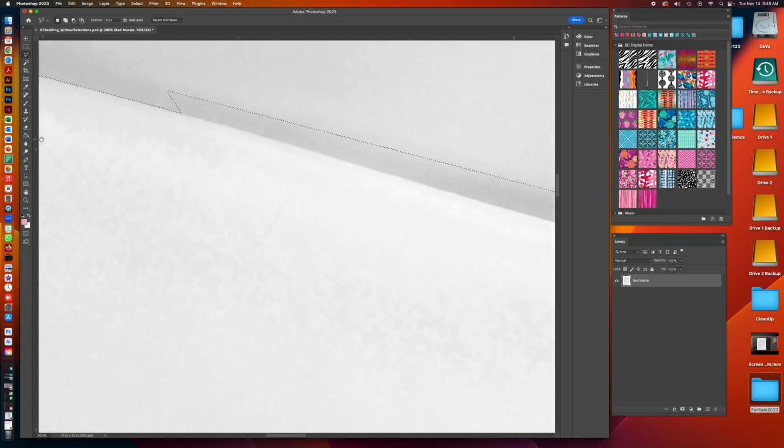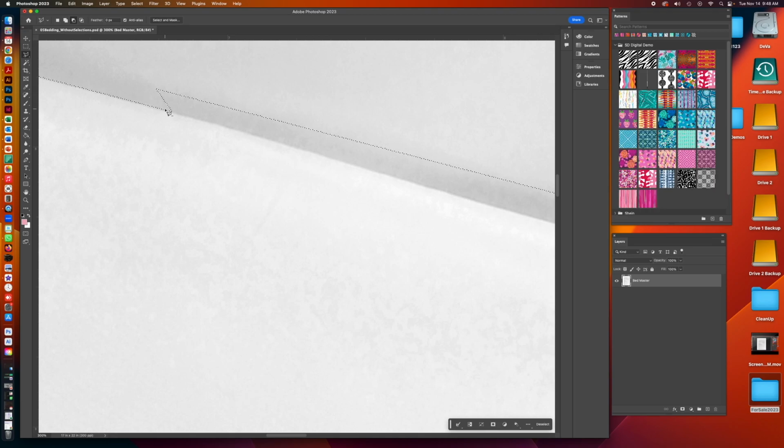that one did not go well. I'm going to undo that, Command Z. I clicked a little bit too high, and rather than trying to fix it, it was a bit easier just to undo. And you just want to make sure you loop around into an enclosed shape. So here,